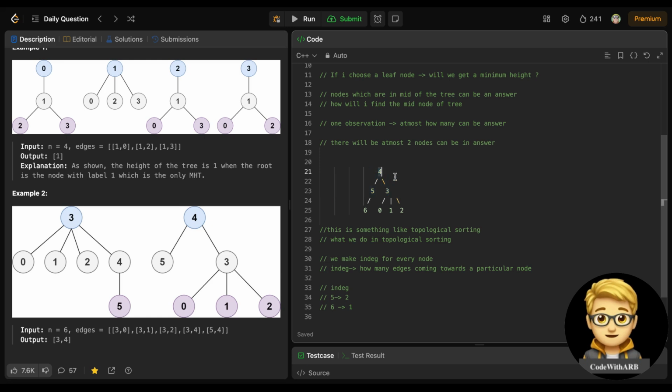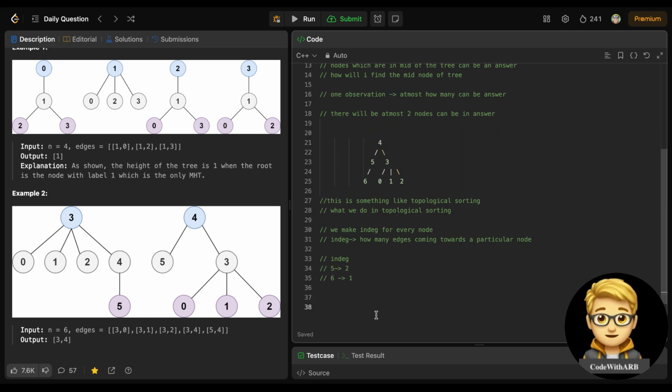So at most 2 nodes will be my answer, because of this in-degree part. If suppose this is 4 or 5 given, this will be only 1 degree for 4 and 5 both. So for minimum height, you need to find the last in-degree value which is at the